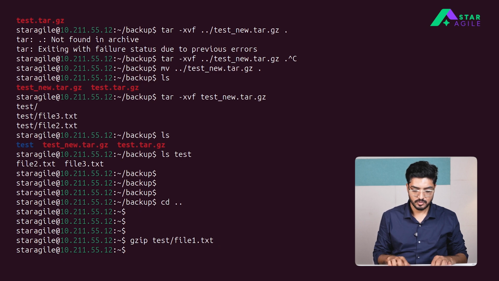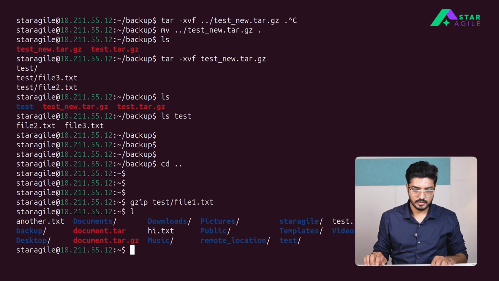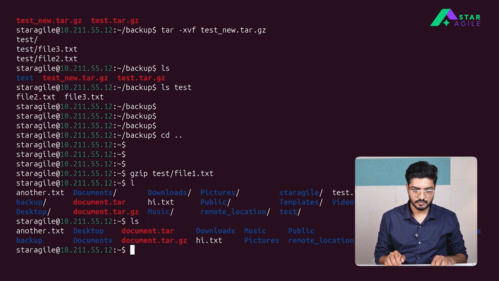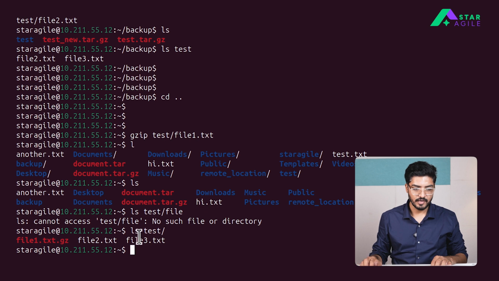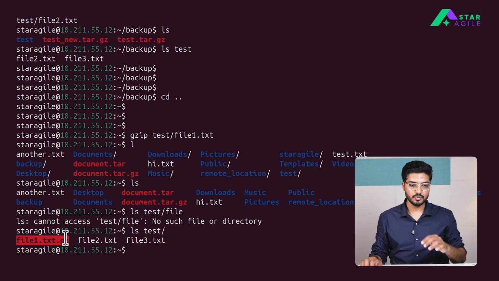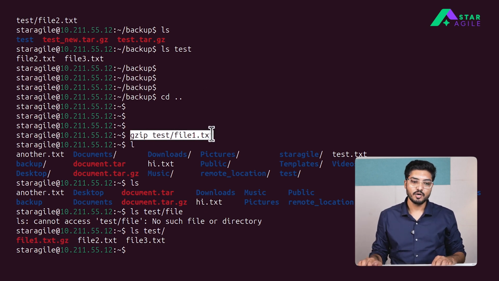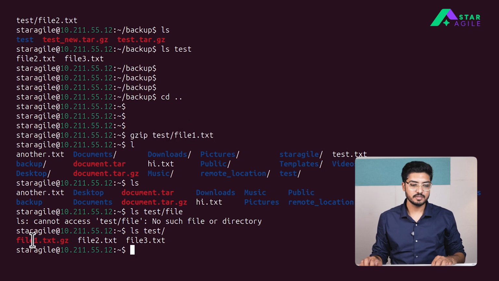Okay, so let's see. Once you do the gzip part, automatically this file has zipped into .gzip format, file1.txt.gzip, and then